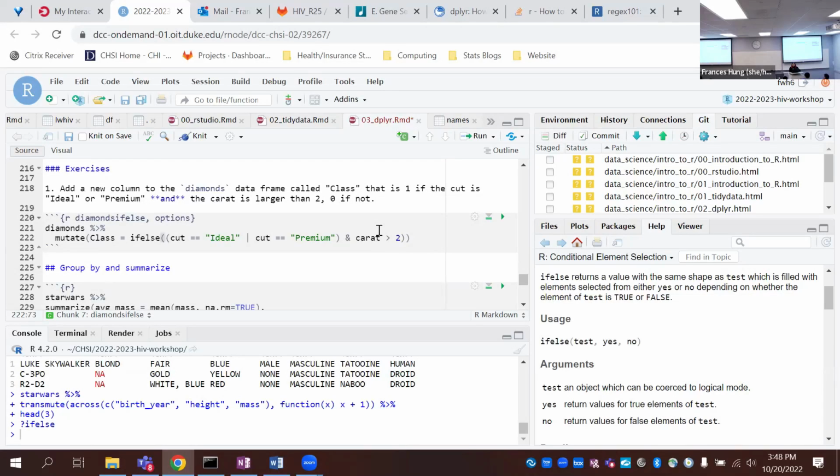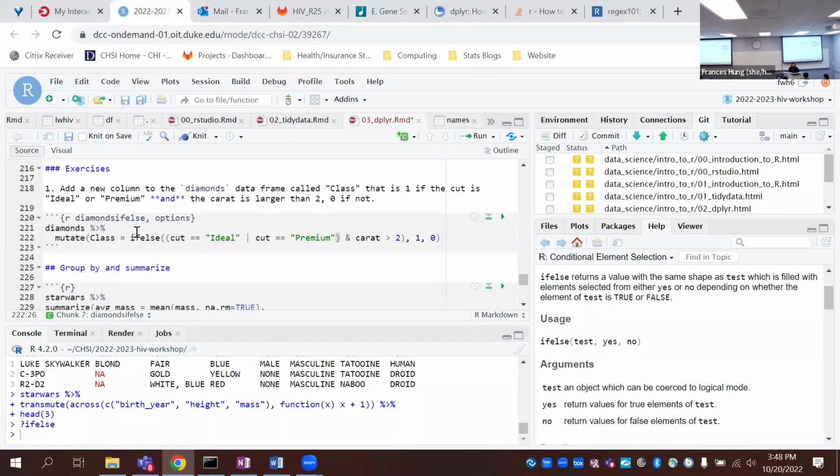If this test condition is true, we want to return 1 for class. If it's false, we want to make it 0. It's good to be very explicit about parentheses.